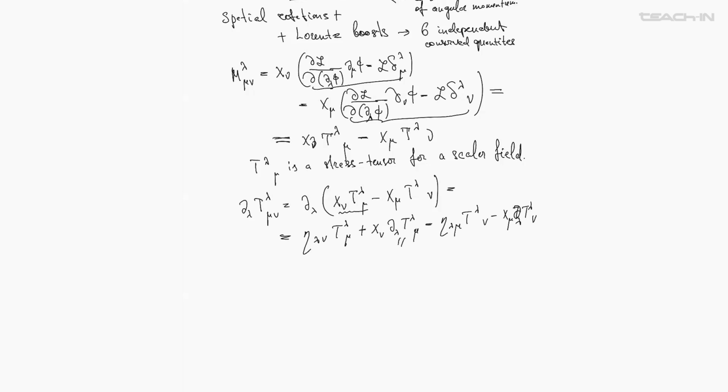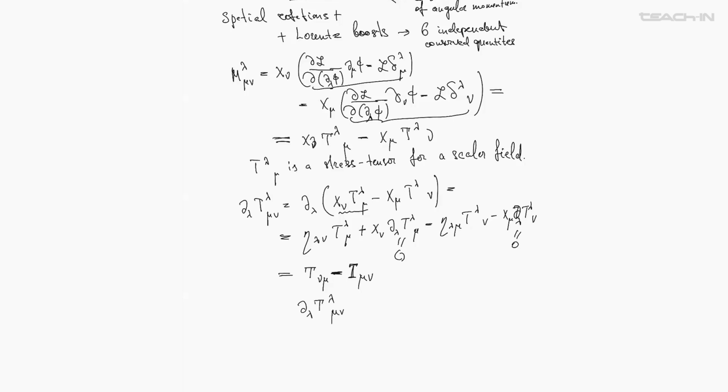And using the rule of raising and lowering indices with the help of the Minkowski metric, you obtain here T^{νμ} minus T^{μν}. This is an interesting observation, which I'm going to use a little bit later on. So for the moment, we have just derived this interesting expression,